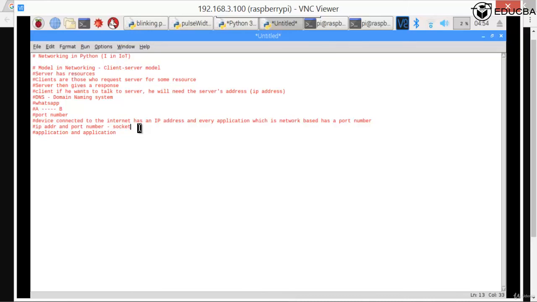My client socket and my server socket, both of them are going to be used in order to control devices. All right, let's go into a little more detail. In the next video, we will understand how to create a client and a server using Python code. We'll go into the depths of this in the next video.